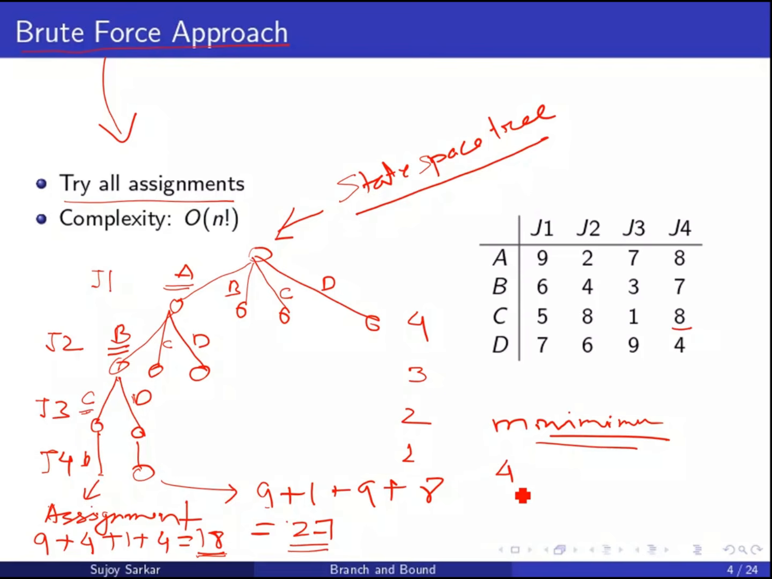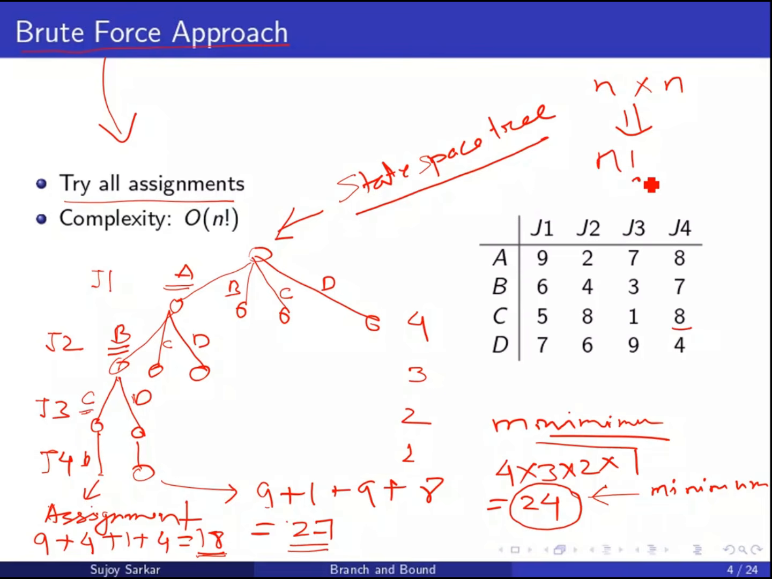So total number of assignments are 4 into 3 into 2 into 1. So that is 24. So if we want to find the solution, we need to evaluate all these 24 assignments, and from that we have to find the minimum, right? And in case we have n persons and n jobs, in that case the number of assignments, I hope you can understand, will be n factorial. So time complexity is order of n factorial, which is exponential,